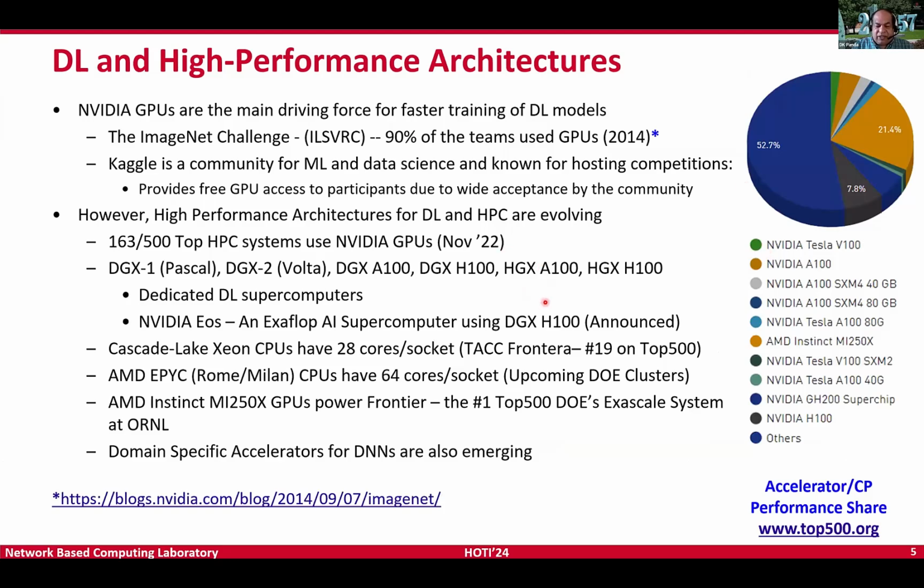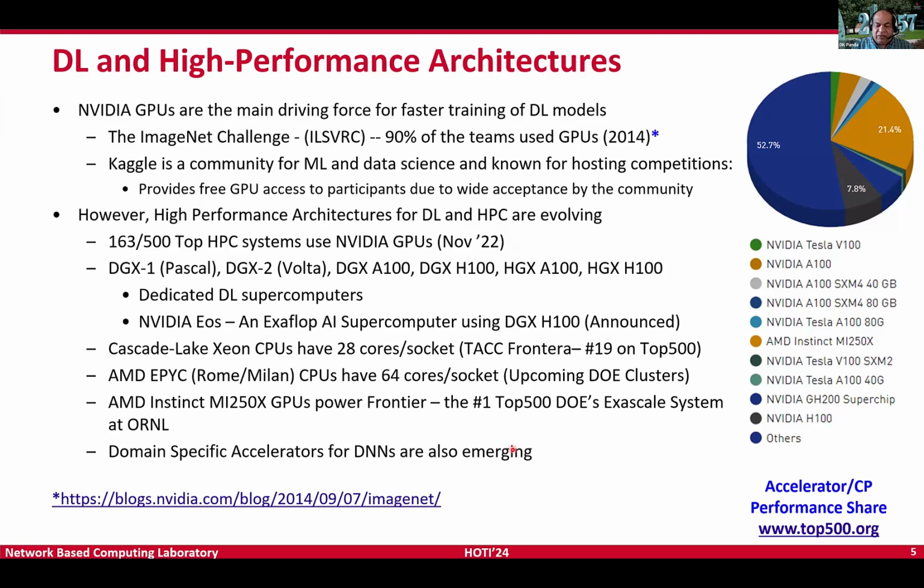This is what is shown here. This is data we took from not very far back, about 1.5 years ago, November 2022. I know most of you are familiar with the Top 500. Here you will see these systems are mostly dominated by GPUs, and in fact that trend is still continuing. Continuously, larger and larger systems are being deployed over the years.